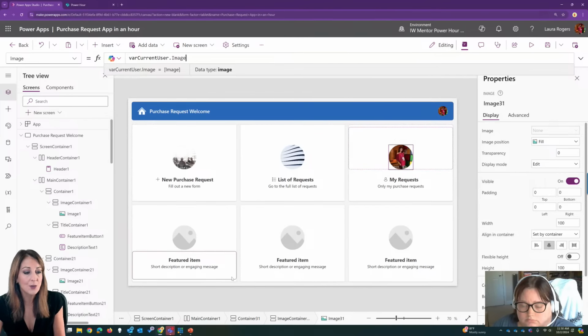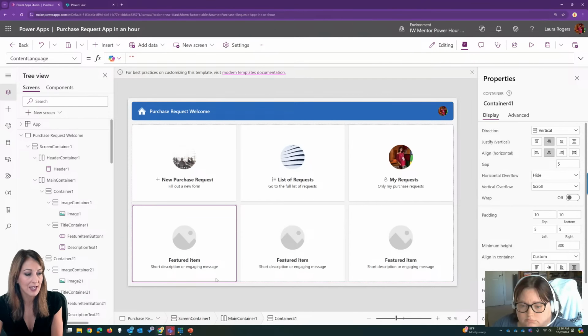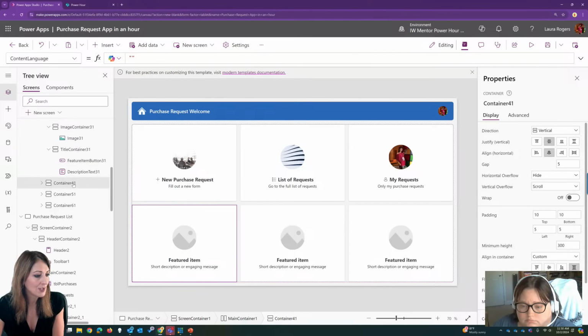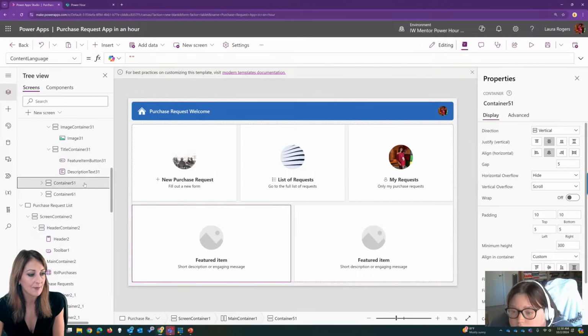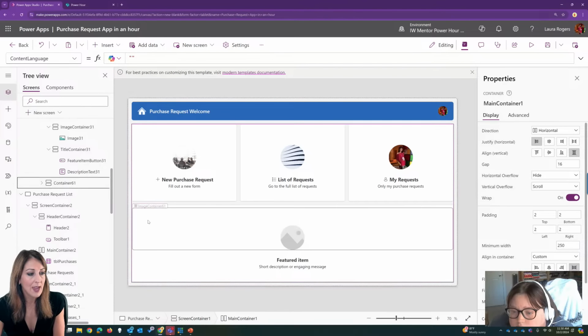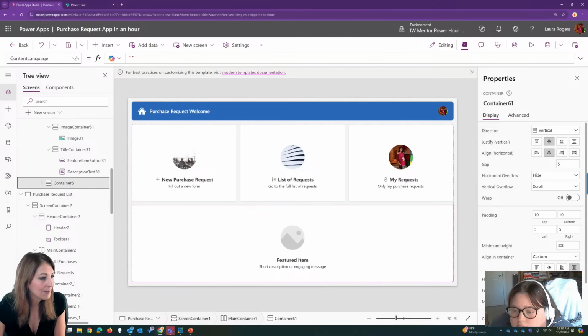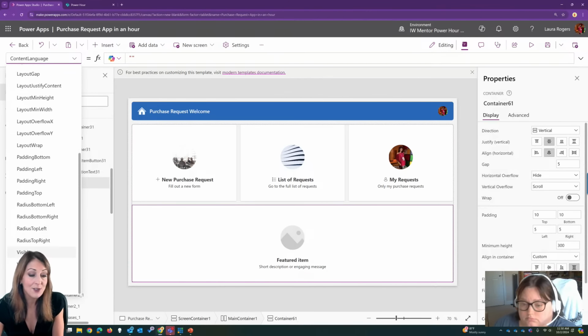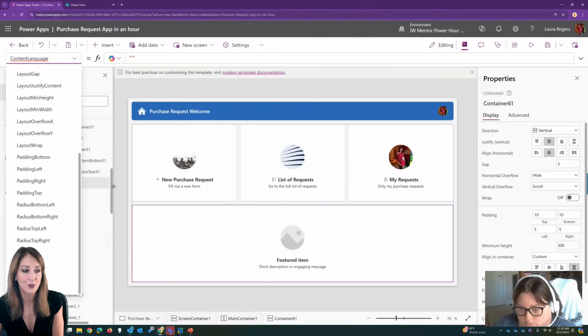And so what you could do is, if you're not using all these other containers, this screen just has container, container, container. These are all containers with containers inside of them. So you could just delete them. And then let me see, yeah, containers actually have a visible property too. So you could do something even more advanced that I don't have bandwidth to do in the next 10 minutes,